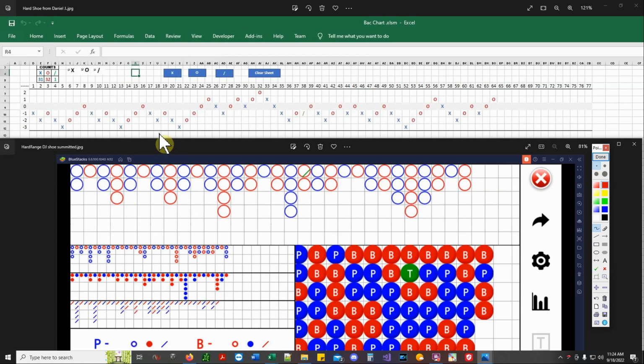So here is how you handle a shoe like this. Here we go. First, you're going to wait to hand 15, anywhere from hand 15 to hand 20, before you start betting. Even if,